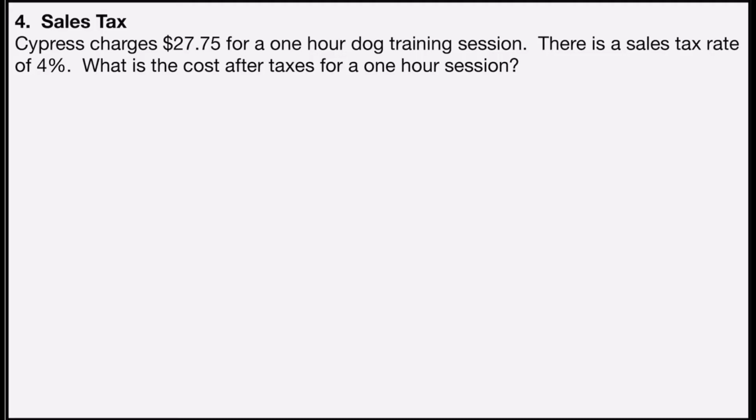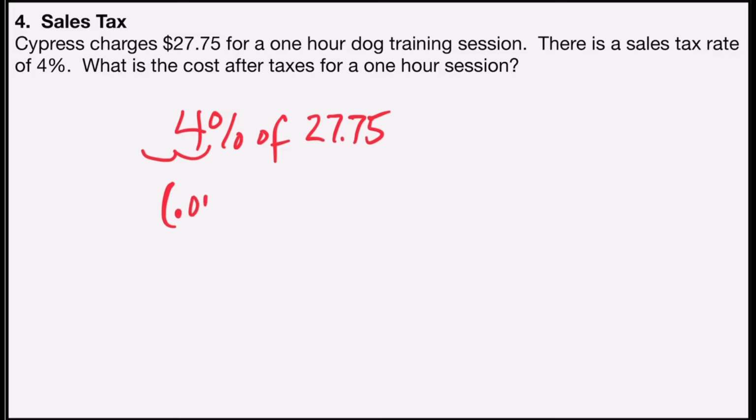So again, first I'm going to have to find out how much money is charged in taxes, which means I need to find 4% of the price of the session, which is $27.75. So I'm going to write 4% as a decimal, which would be 0.04. Of means I'm multiplying by $27.75. If I punch that into a calculator, I find out that the amount of money paid in tax is